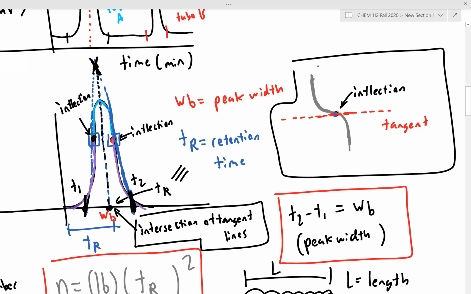In this case, we're going to take our peak and identify our inflection point, which is the point when our peak changes its slope. Then we're going to draw our tangent line, which is drawn in blue in this case. We're going to draw a line tangent to the point of inflection. From this tangent line, we can read off